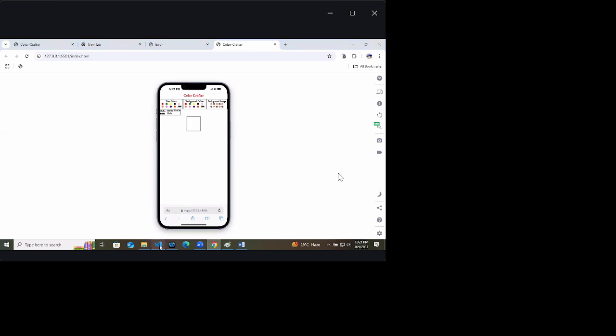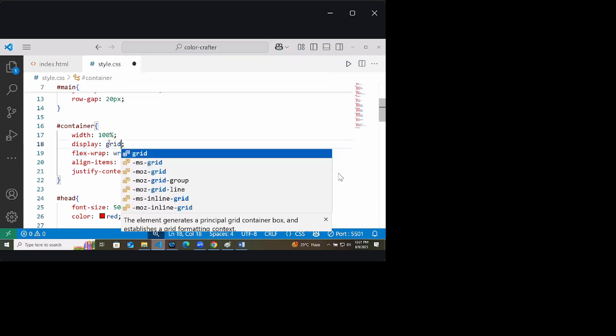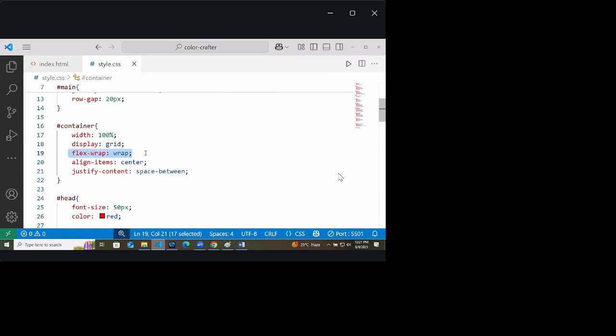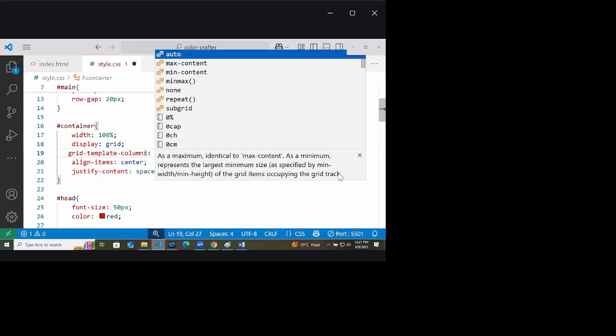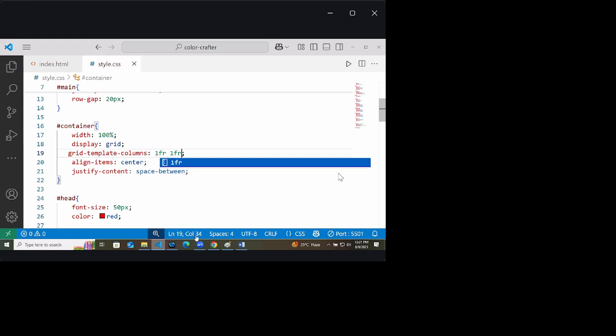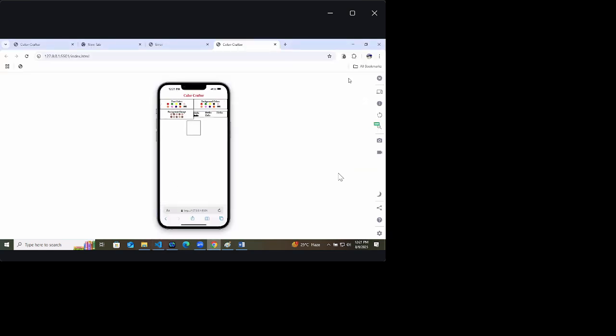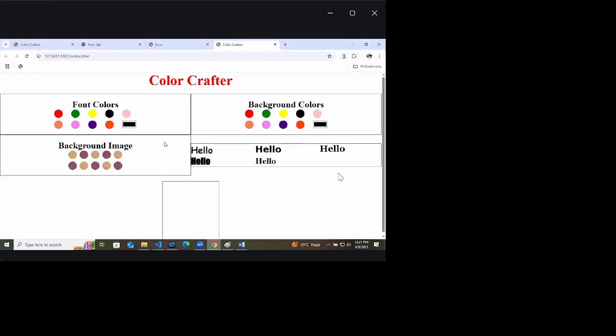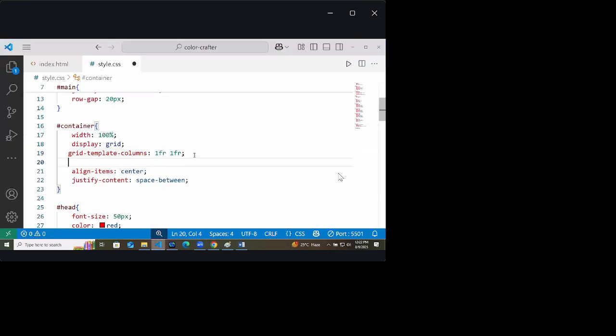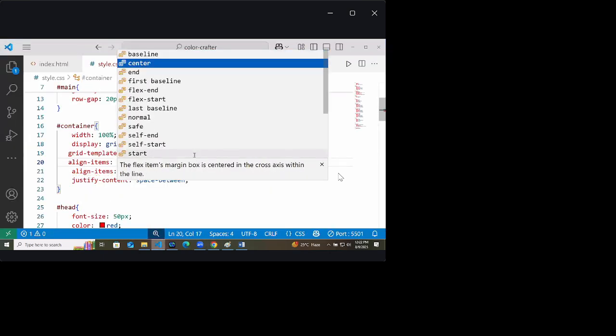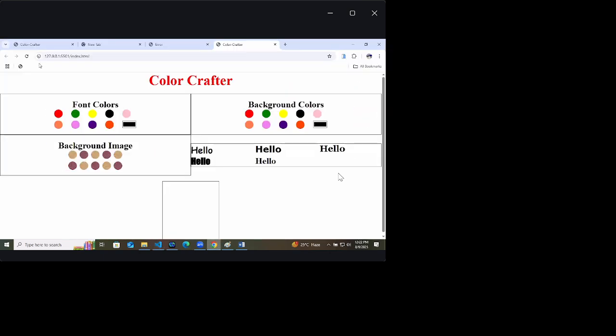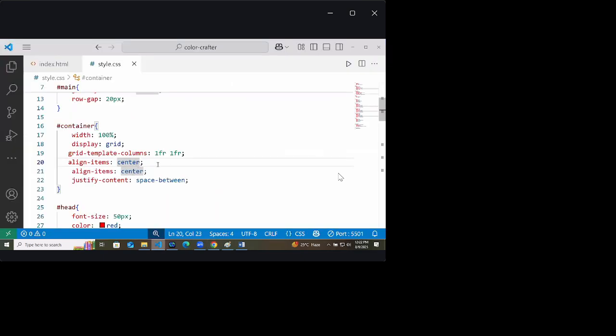Okay. To this you can give grid now with two columns. So grid template columns 1fr like this. In a website we will get them like this. Align the items in center and justify the content in center.